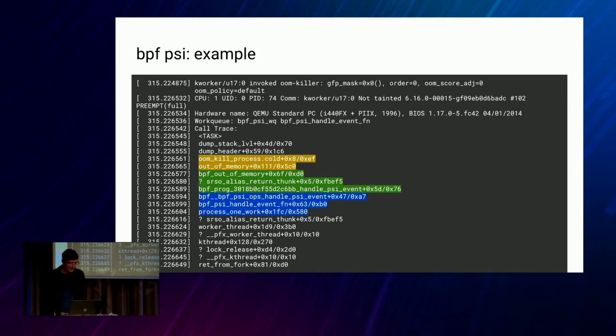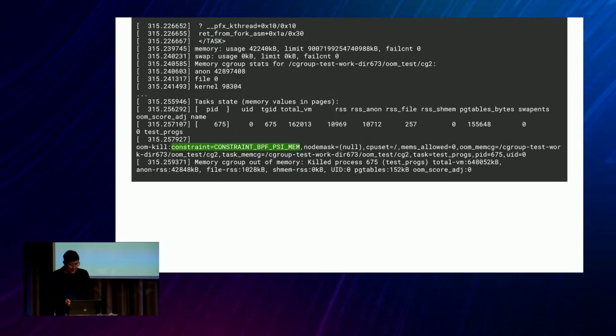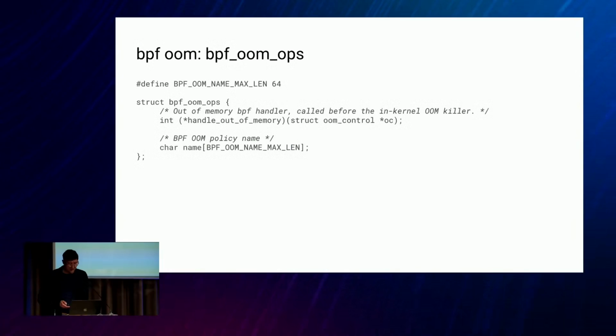And then it calls OOM kill process, which is just normal out of memory handling. And also you see that this constraint variable is displayed correctly, so you can make sure that somebody can understand what happened looking at the mask logs. Okay, so that was the BPF